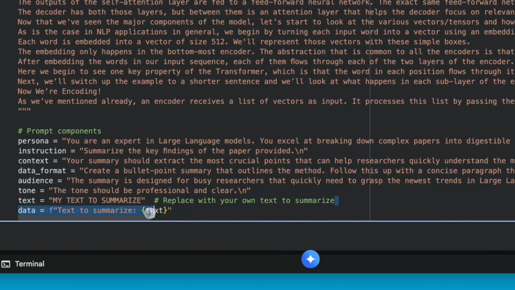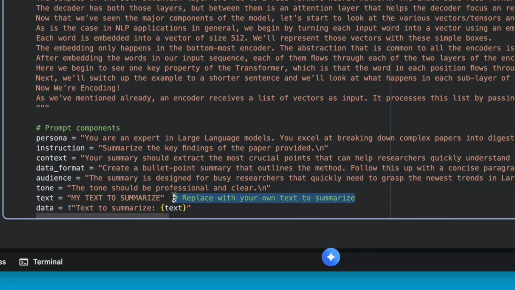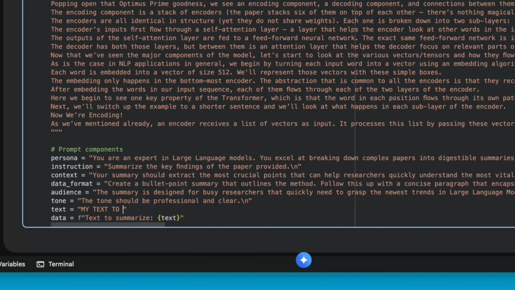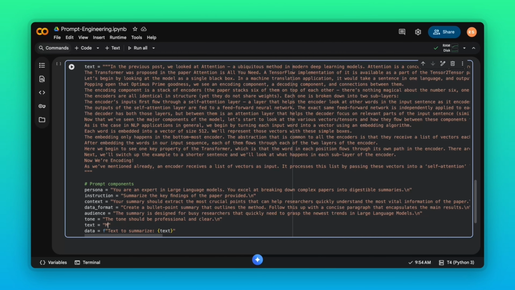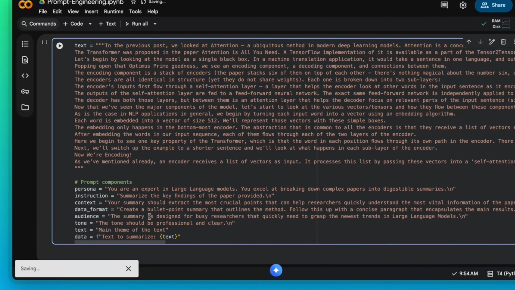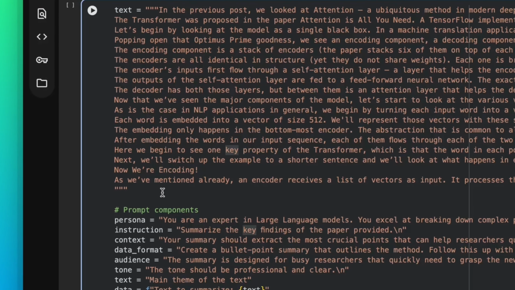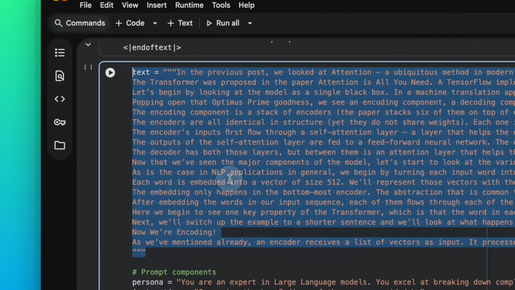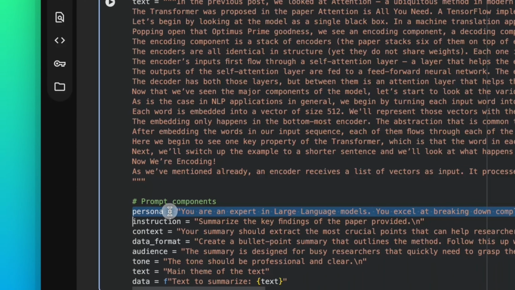You can also replace your prompt here. This is a chat template. This is what I prefer, breaking down everything and then deciding the order. So the main text is, let's say, context that is coming from somewhere else, and then your prompt components like persona and any instruction that you want this model to do. We will ask it to do the summarization,